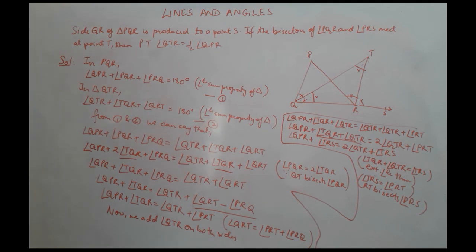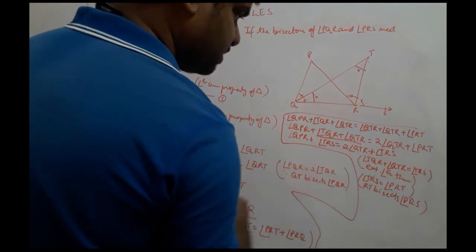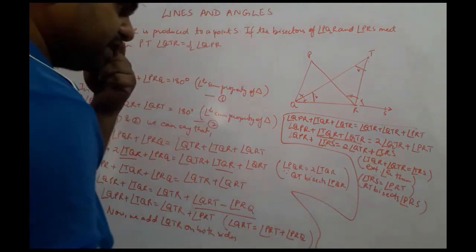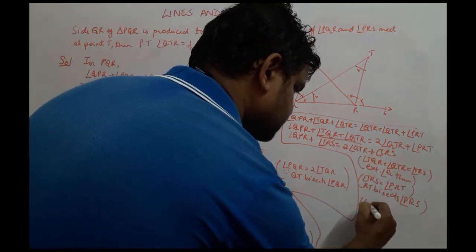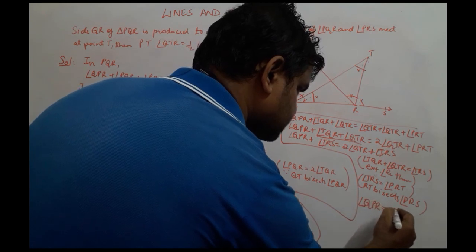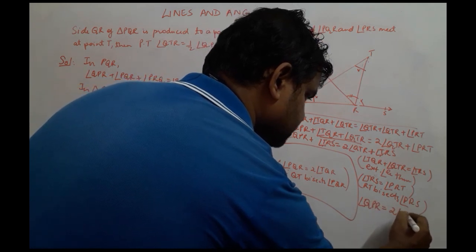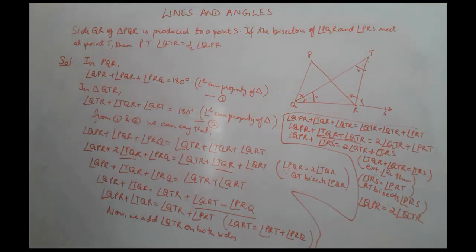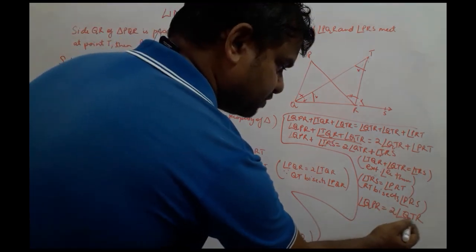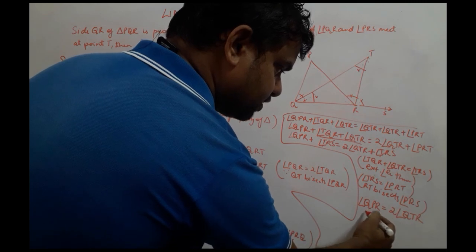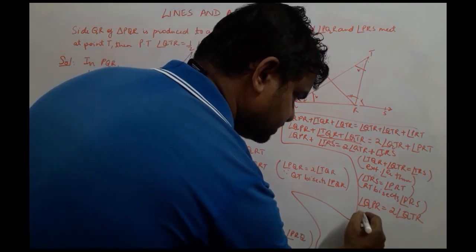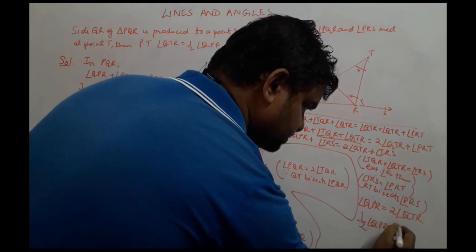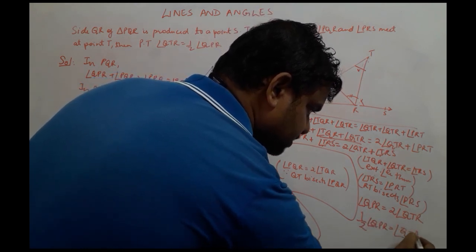Now that we are over here, now these are equal, so these get cancelled out, and we are left with this angle QPR is equal to 2 times angle QTR. Okay, and this is multiplied into this, so we can take it down over here, it gets divided, and we can write this as half angle QPR is equal to QTR.